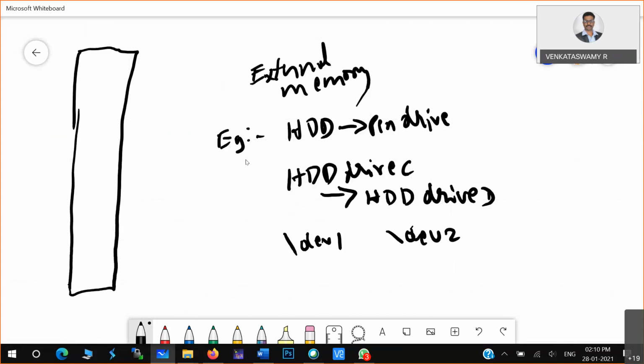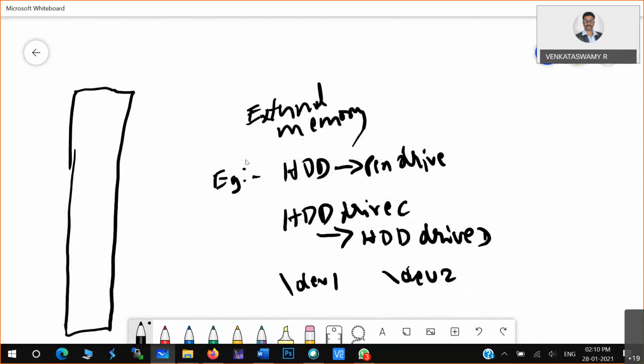So these are all hard memory to memory copy operations. If you want to copy a movie, normally you put in a pen drive, and the movie present in your hard drive goes to your pen drive. You just right click and paste. So these are some examples of copy operation.